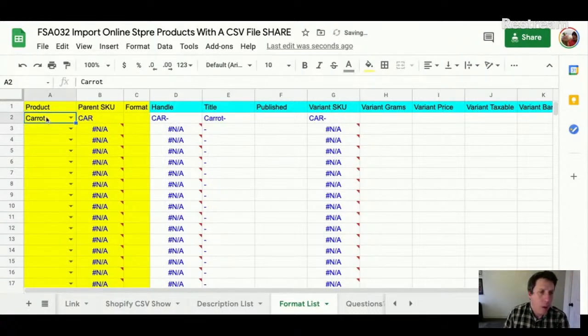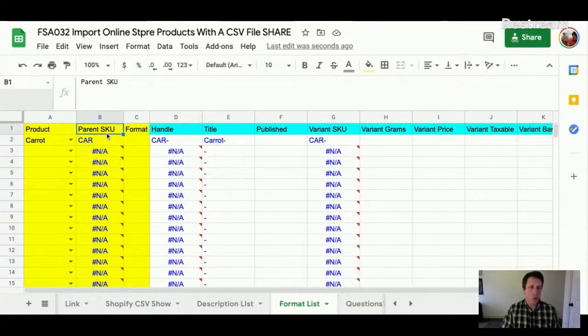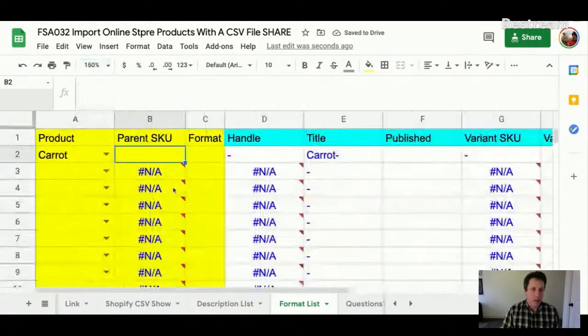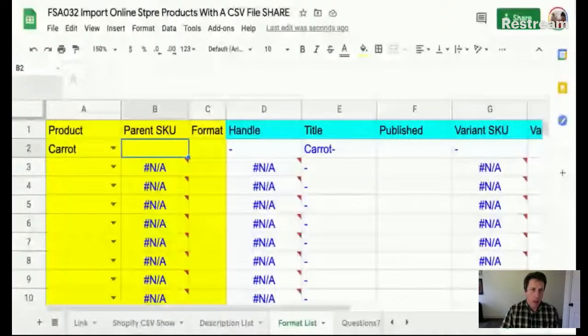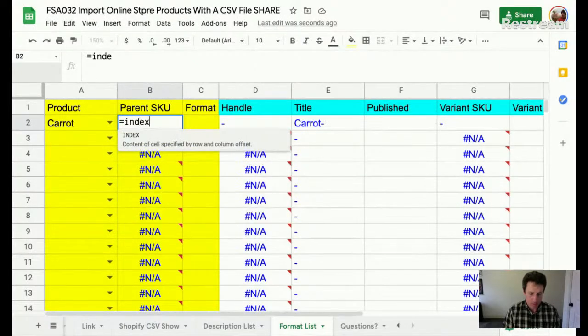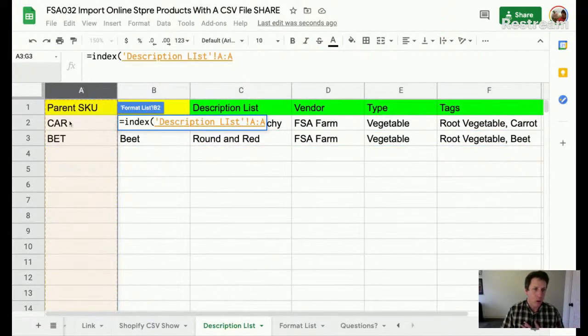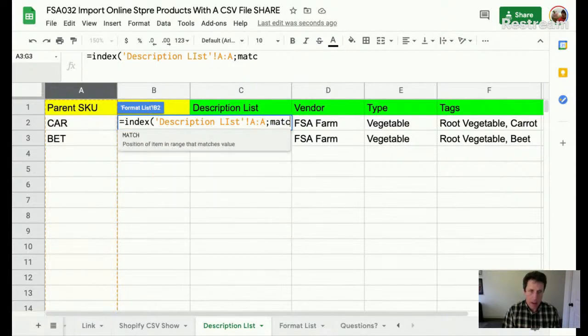So I'm going to choose carrots, and when I click on carrots, anything that's blue is a formula that's linked to this word carrots, and it's actually an index match formula. And this is one that we're going to see a few times here, so I'm just going to work through it. So I've deleted the formula here. Oh, I should put everything a little bit bigger so you can see it better. So the index match formula looks words up. So I'll write equals INDEX, and it's going to be looking in the description list, so column B. Column A is the parent SKU, which is what I want to look up. And it's going to try to match